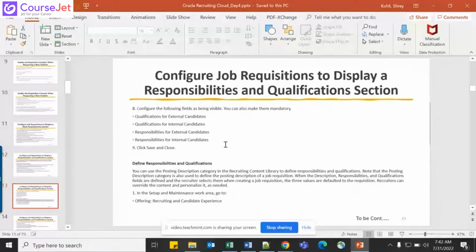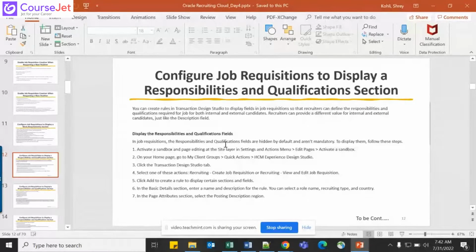So, define responsibilities and qualifications. As you have seen, some of the jobs are posted on the career portals. When we open a job to see how it fits my job description,